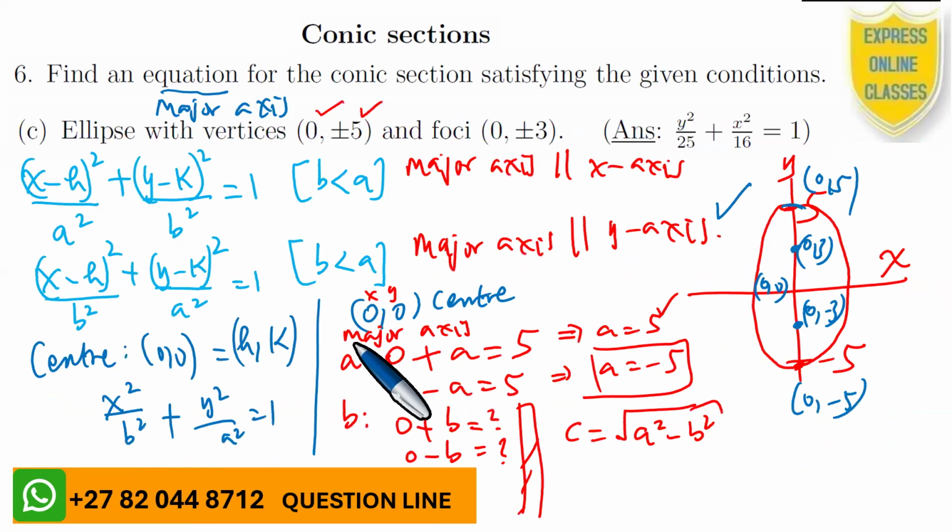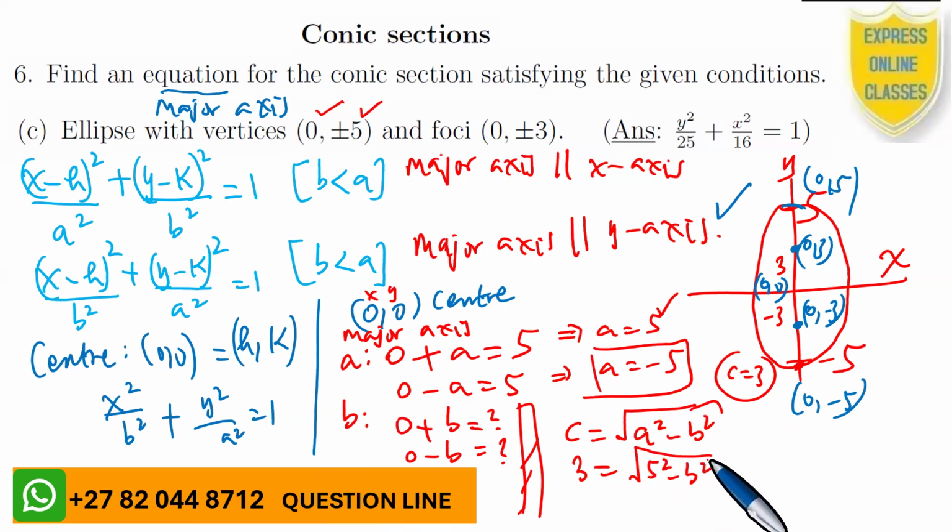If the center is 0, 0, how much was added or subtracted to get the focus? 3 was added, and then 3 was subtracted, which means that C is equal to 3, because it was 3 units from the center to the focus. So C became 3. And we already know A from the major axis, since the vertices are given, which means that A is 5. From this equation, we can get our B. We square both sides, getting 9 is equal to